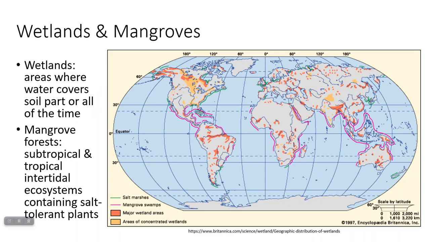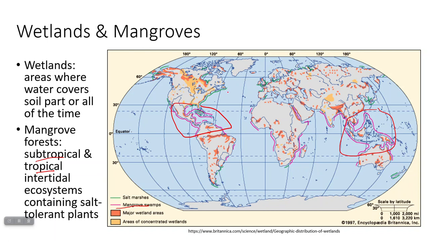So, where are wetlands and mangrove forests? Well, mangrove forests are going to be coastal. So, anywhere you see this pink line on this map, so these coastal areas, that's going to be mangrove forests. Notice they're in tropical and subtropical areas. So, you're not going to find them up, say, in Canada. You're going to find them around the Caribbean, here in tropical and subtropical Africa. A lot of mangrove forests are in Indonesia, some around Australia, and then wetlands tend to be found where you